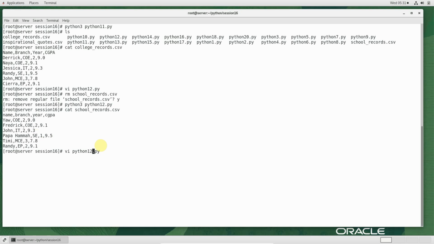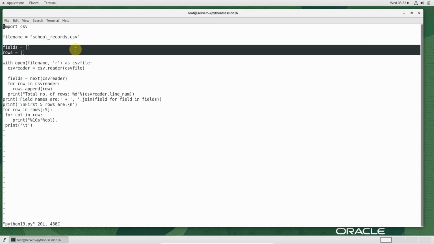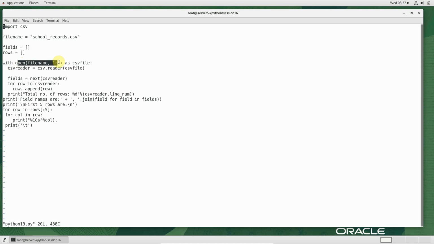Next, program number 13. What do you think this program is doing? The file name we are supplying, fields and rows, empty lists are created. Now we are reading with open file in read mode as CSV file. I told you, we have two methods, reader and writer. Reader will read from the CSV file, writer will write to the CSV file. The previous two examples were writers. This example is reader,